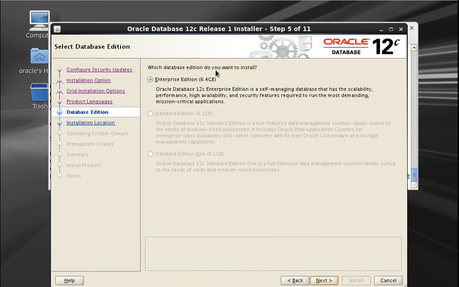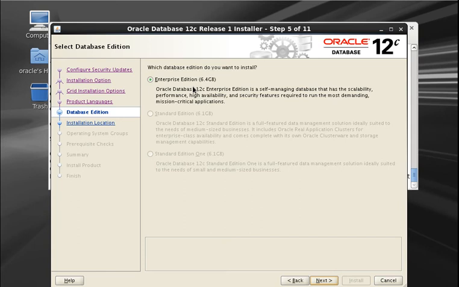Next. Here is the edition. Edition means what are the features enabled with database software. For example, in Standard Edition, you cannot configure Oracle standby database or Data Guard. You cannot use most of the security options like encryption, Database Vault, Oracle Label Security. These features come only with Enterprise Edition. With Enterprise Edition, you can configure security options like encryption, like Database Vault, like Label Security, like standby databases, and so on. Partitioning is also available only with Enterprise Edition. In Standard Edition or Standard Edition One, some of the features are disabled